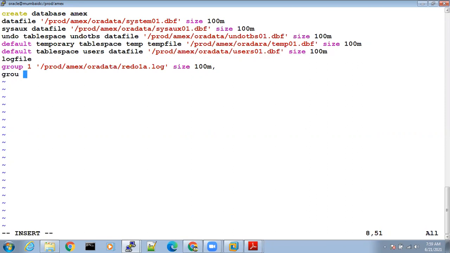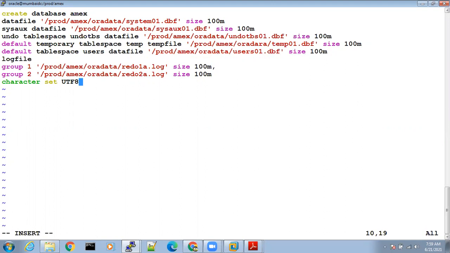Next, group space 2 space /prod/mx/oradata/redo2a.log, single quote close, size 100M. No comma, enter. Character set UTF-8.